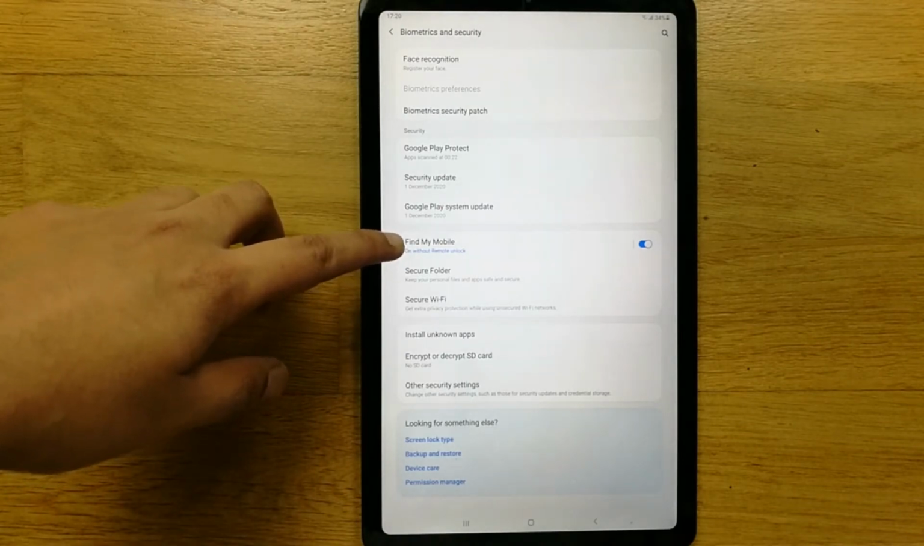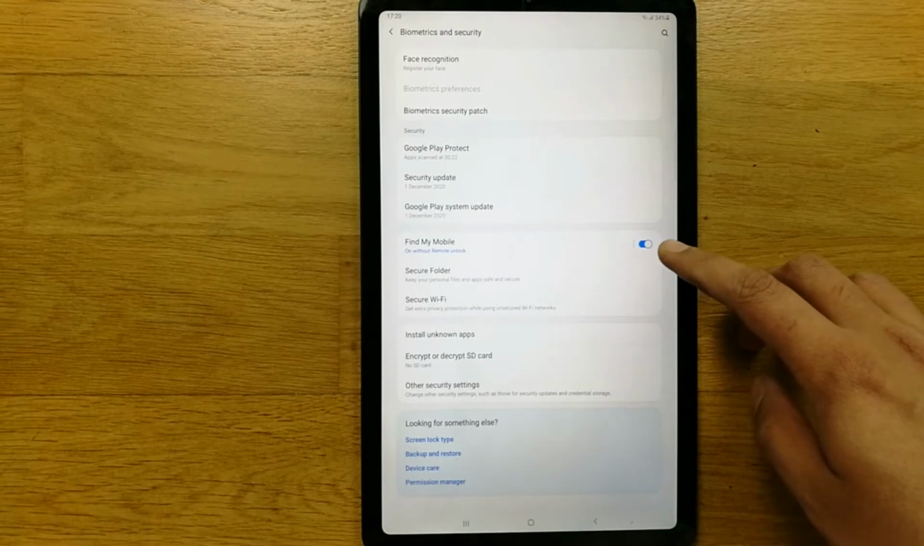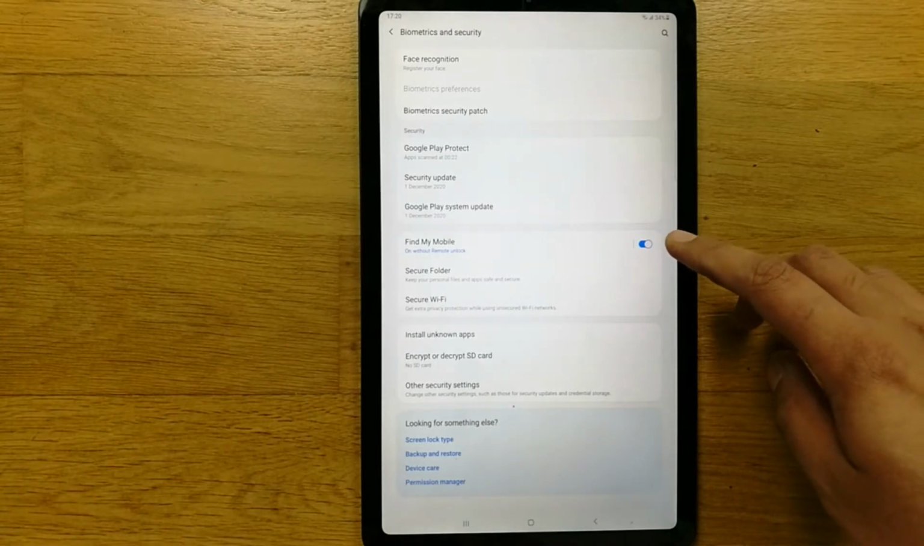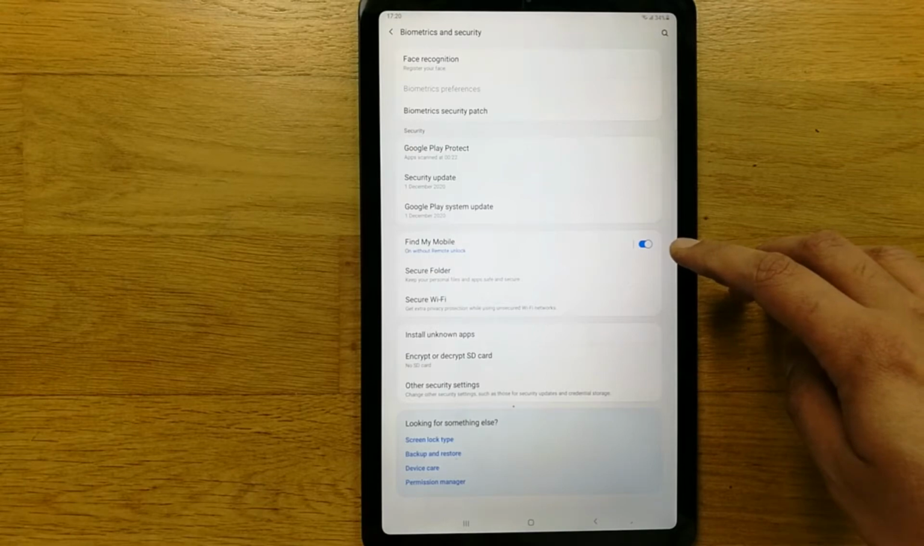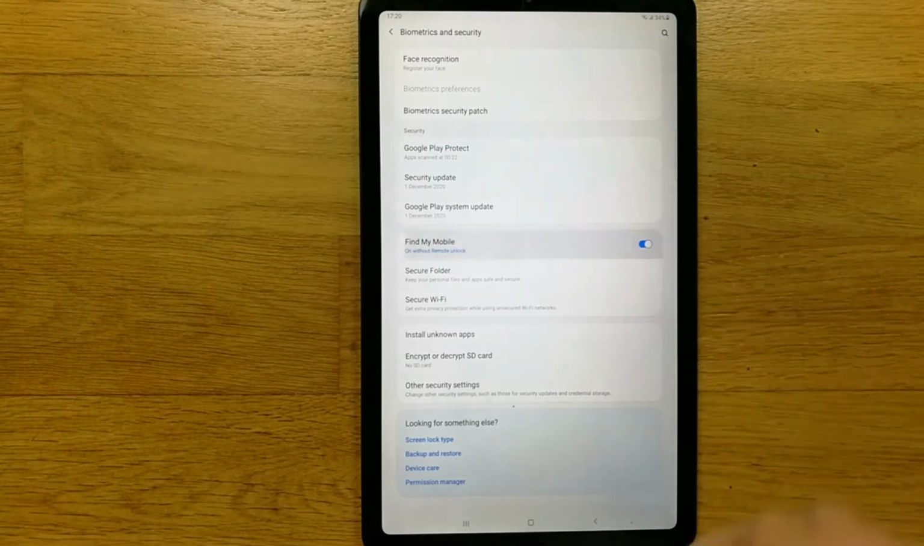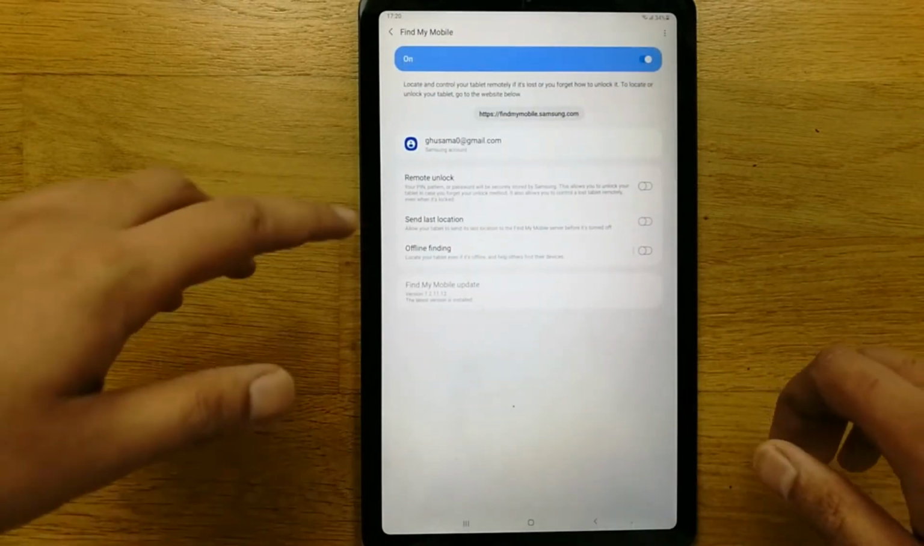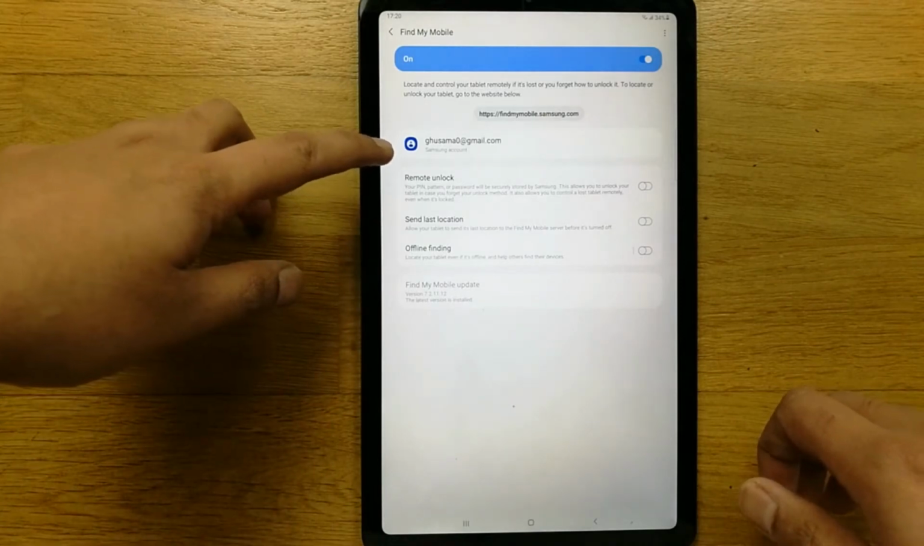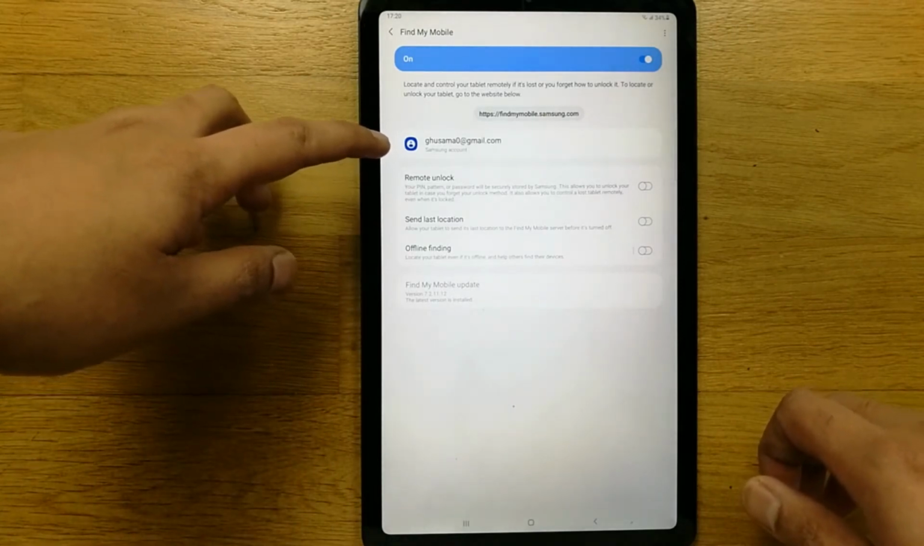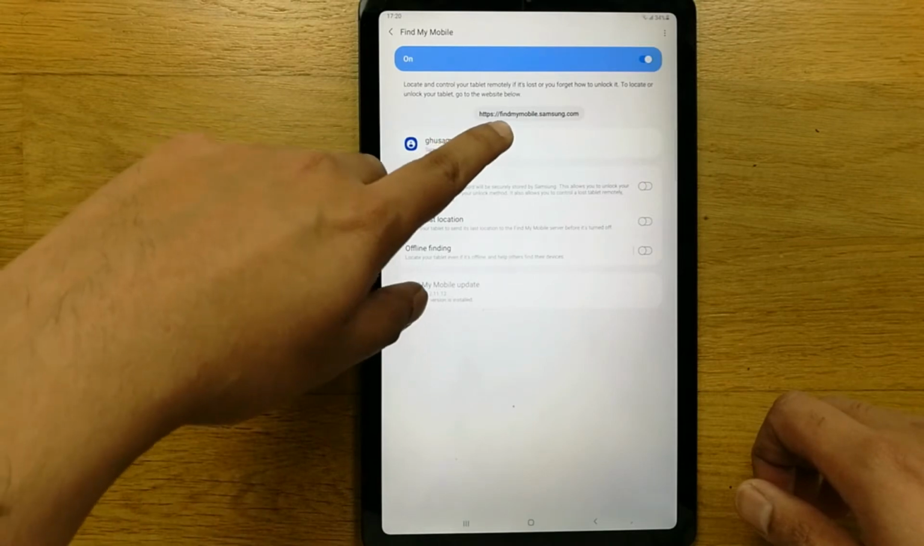Okay guys, so this find my mobile, you have to turn it on, you have to enable it as I already did. It allows you to track your phone if you lose it or if it is stolen using advanced tracking tools. So enter into the find my mobile, and then you have to put your account over here, your email account. And then you see there is a website over here. It says